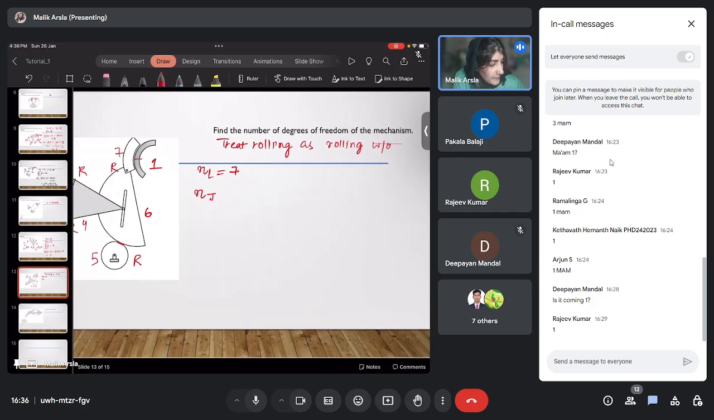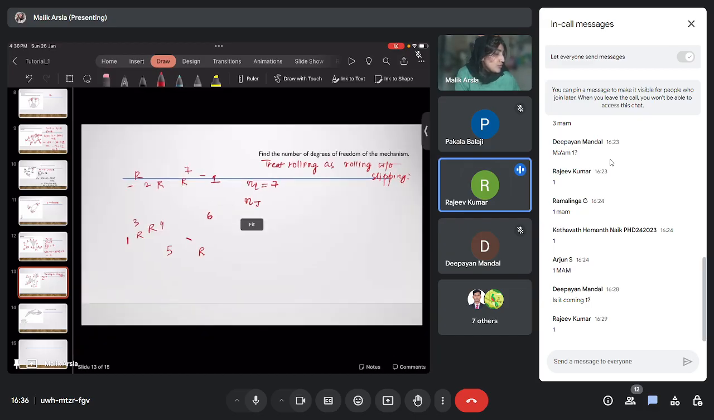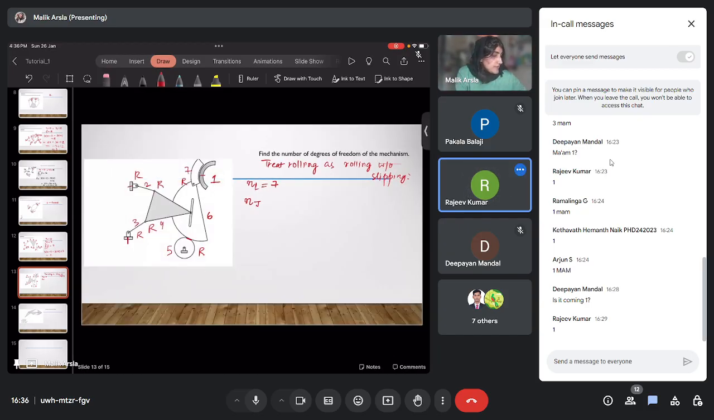Without slipping. So, two prismatic joints, ma'am? This one is a prismatic joint. Okay. And what about this one? Here the pin joint is also there. Okay. So see,